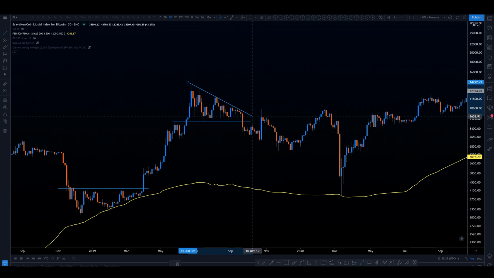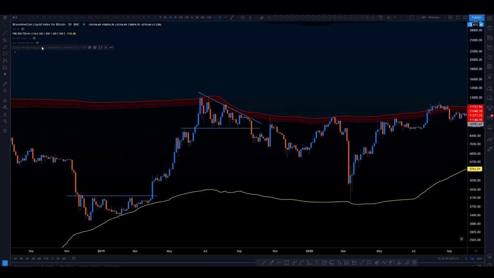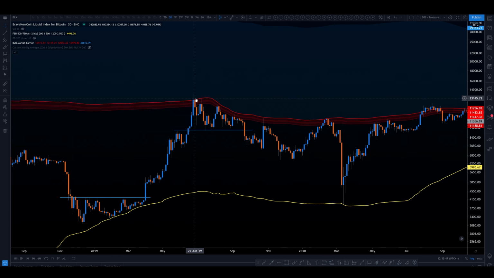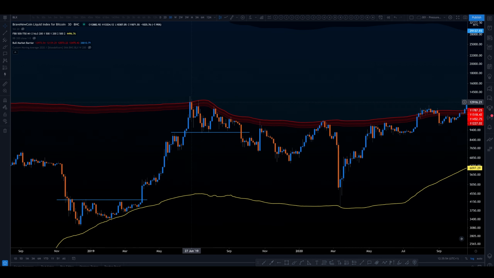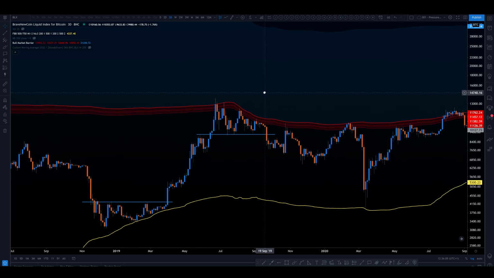And we do have this trend line down. But as I just said, a trend line is always a symptom. There's always a reason why the trend line is there. And in this case, it's this band. It's the bull market barrier I have developed. It shows you a fib deviation, a fib Bollinger band that is coming down here, and price is respecting this. It has been respecting this band for years,